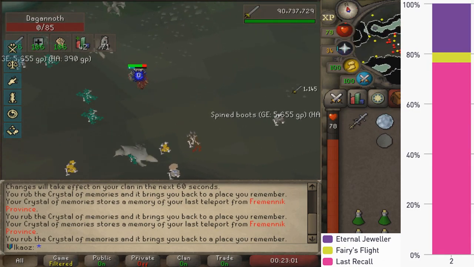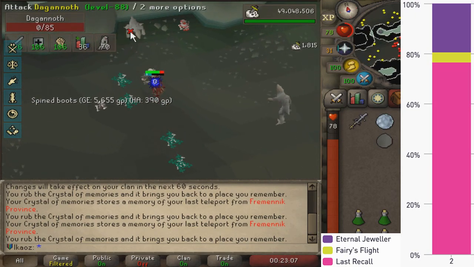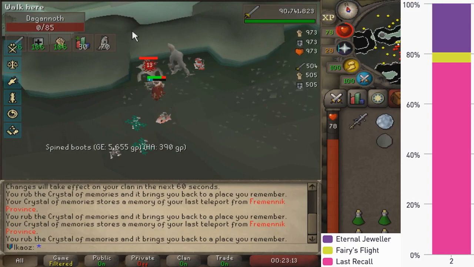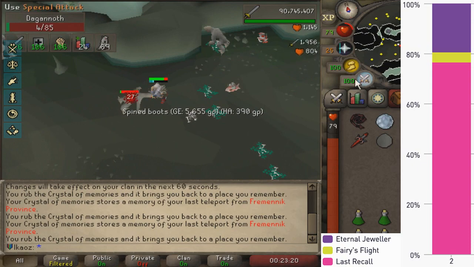I'm going to talk about the obvious winner, and pretty much everyone, I guess, almost 80% of people went for Last Recall. Let me make this a little bit clear. There was no wrong option in Tier 2, but what I always tell people when discussing relics is, okay, for Tier 2,